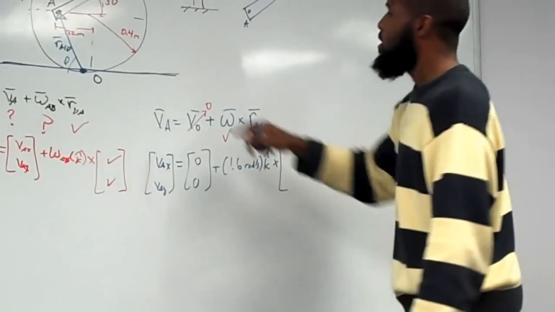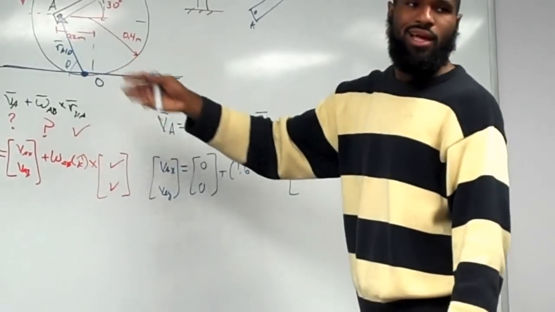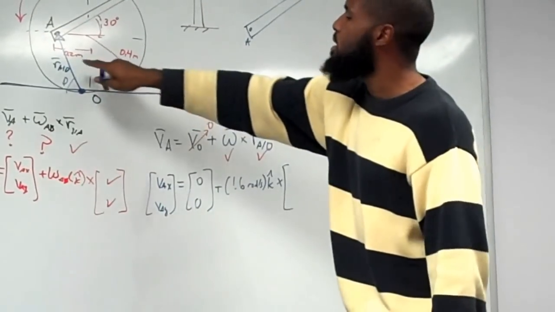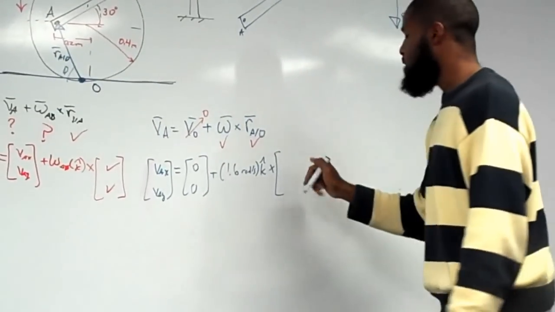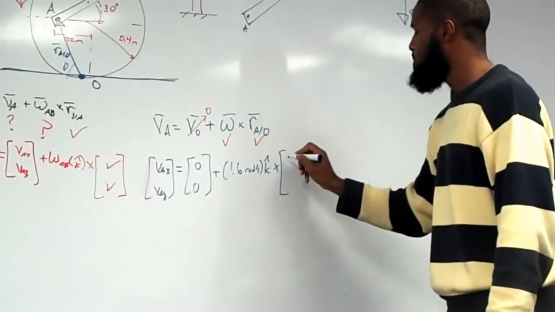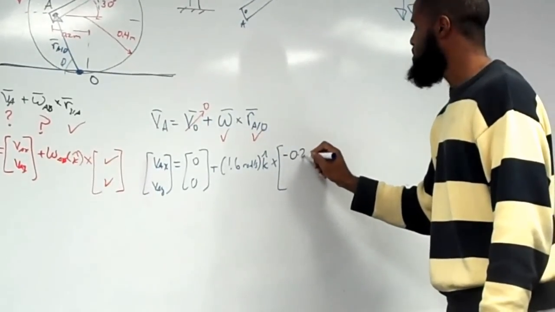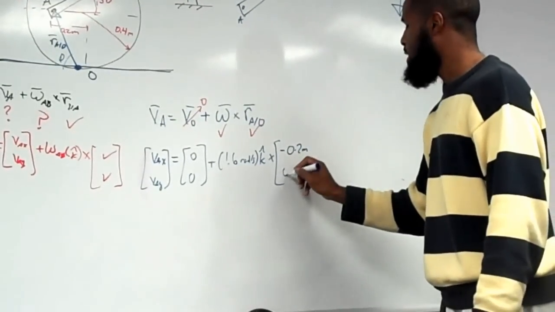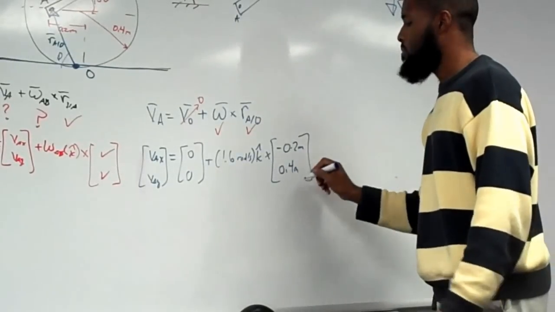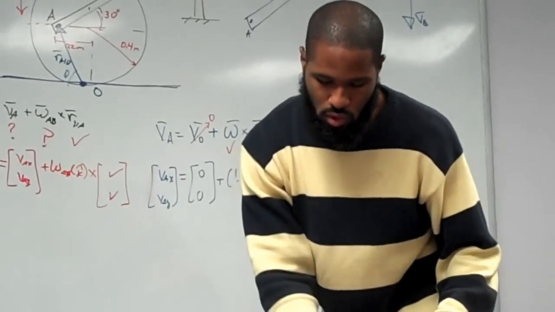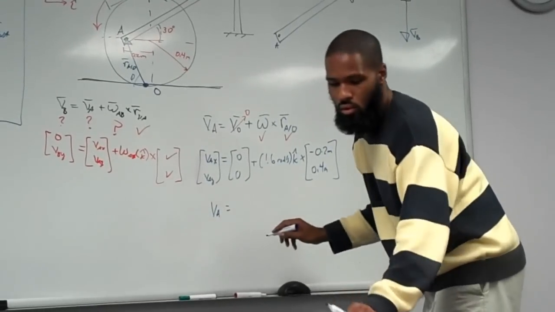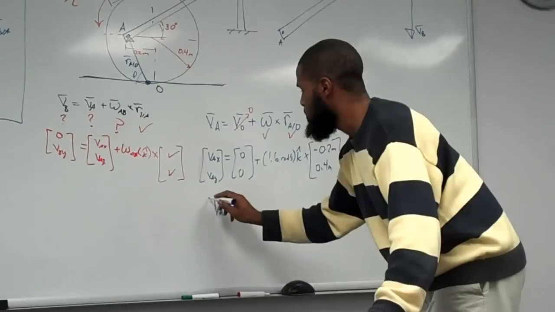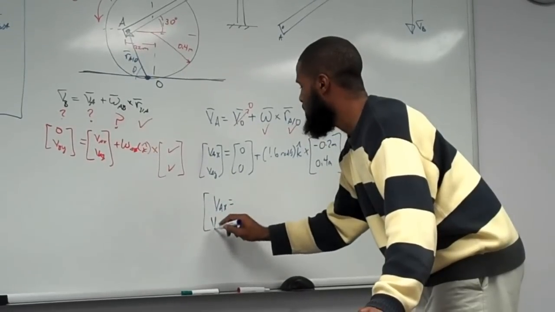Actually it's easier than that. We know from O to A, you don't even need the angle. It's much easier because this length is given and we know the radius of the disk. Alright? So in the X direction, it's simply going to be minus 0.2 meters, and then in the Y direction, it'll be positive 0.4 meters. Okay? Do all that, you ultimately get that V_A in the X and V_A in the Y